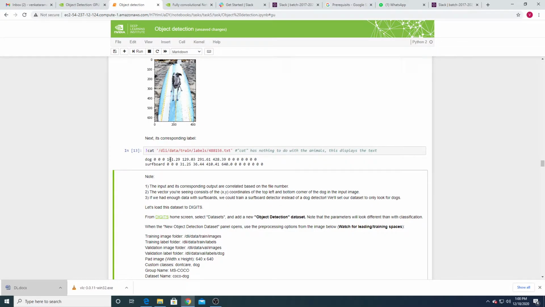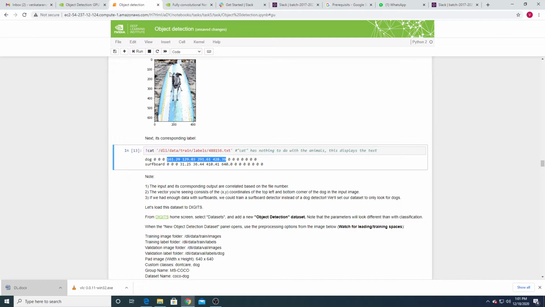This is about where the dog exists. It's the top and bottom corners of the dog, XY coordinates: 161.29, 129.03, 291.61 and 428.39. These are the corners, right?